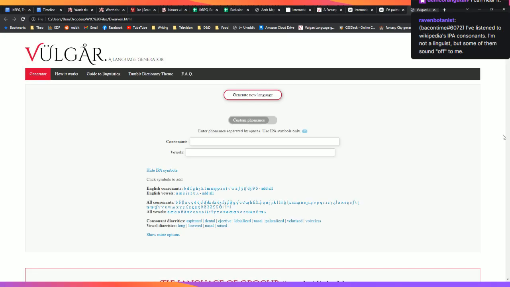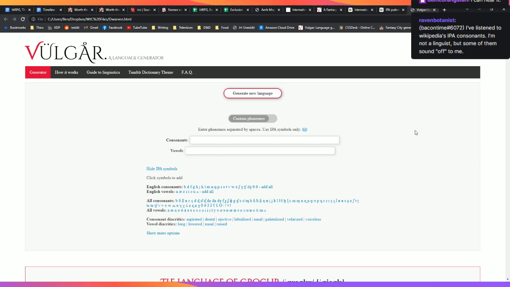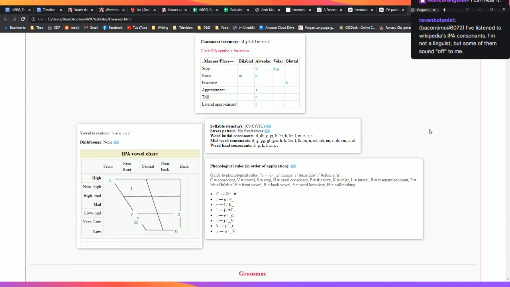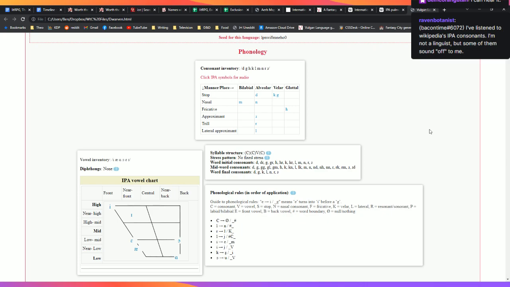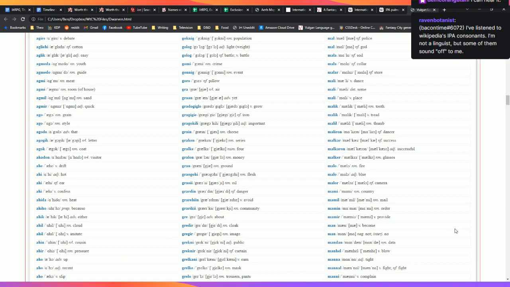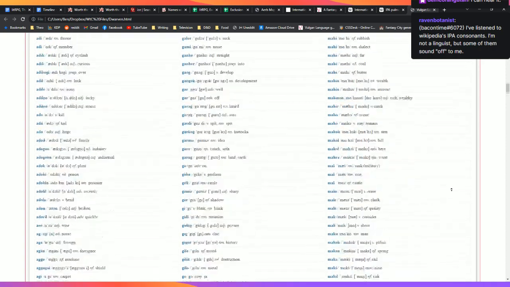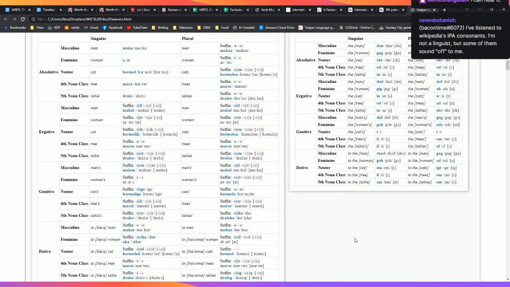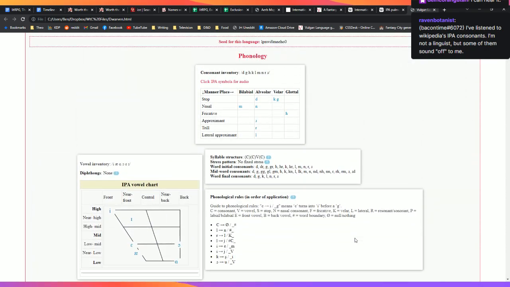Okay, so I don't think I've ever shared this before. This is Groglear. All Groglear words and sentences are based on this. I try not to copy directly. Sometimes a Grogler word is just from within this chart of what every word means, and I try to slam something together that I think has a nice sound to it, because this is just auto-generated language. This is vulgar language. It's a language generator. So this is the Grogler file that I have saved on my computer.